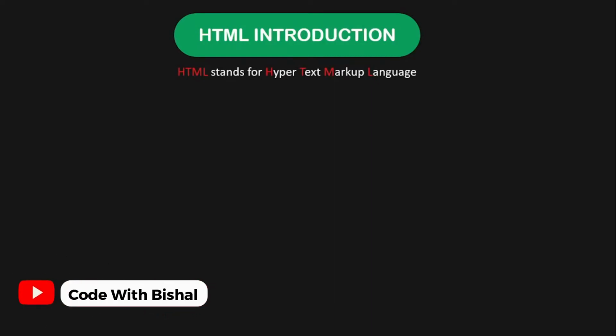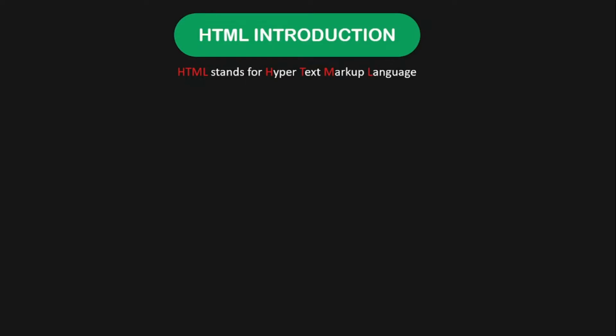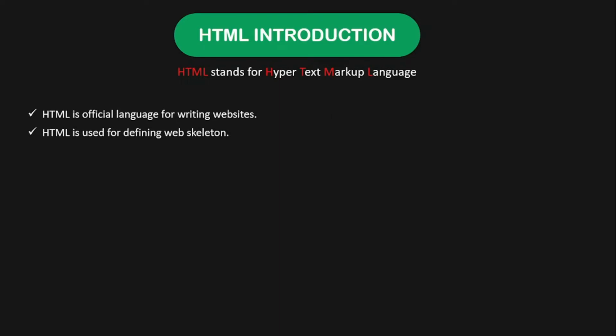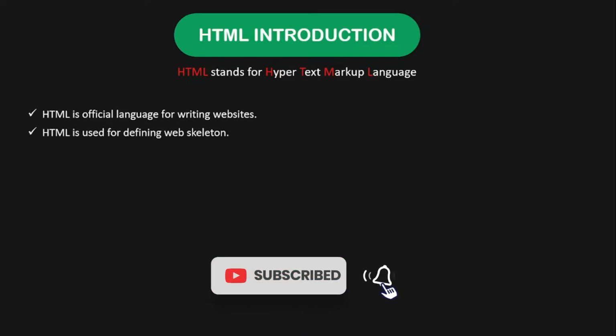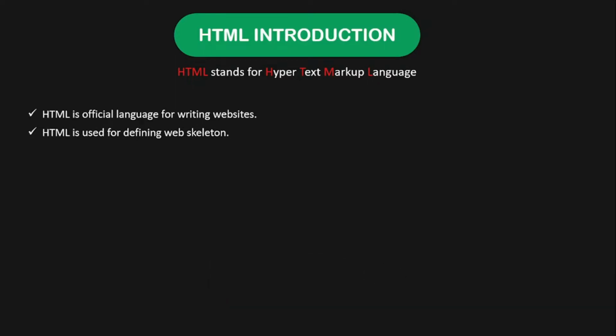HTML is a markup language. HTML stands for Hypertext Markup Language. It is the official language for writing websites. We use HTML for writing websites. Without HTML, we can't make a website. HTML is used for defining the web skeleton, like how your website should look,